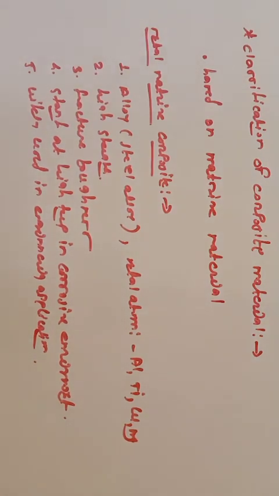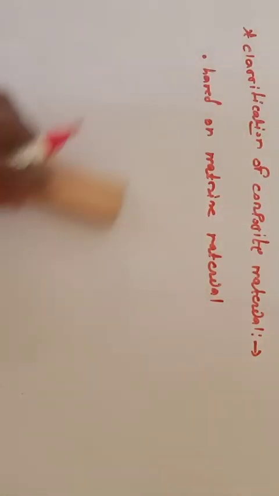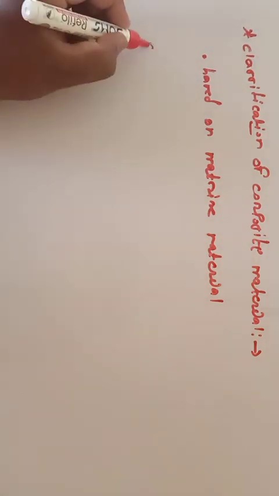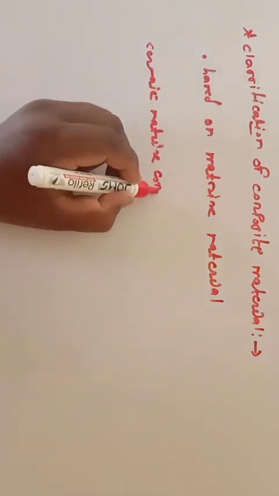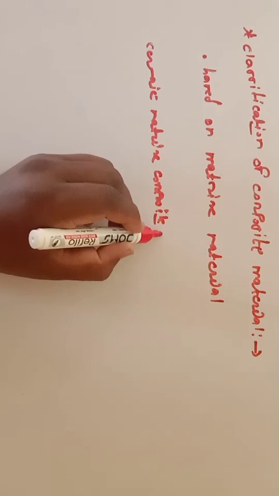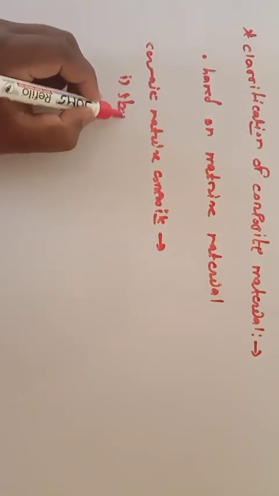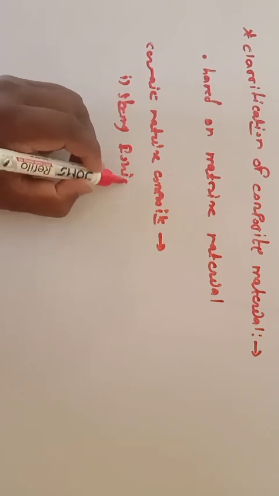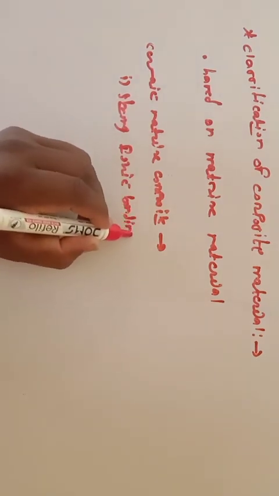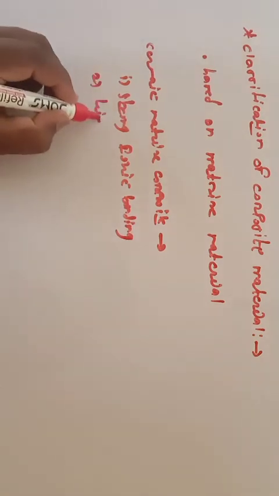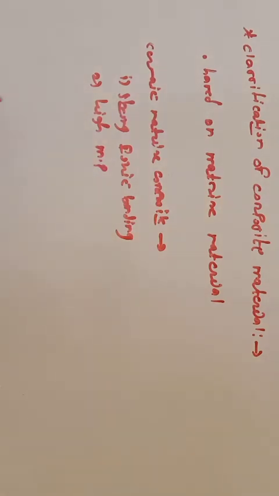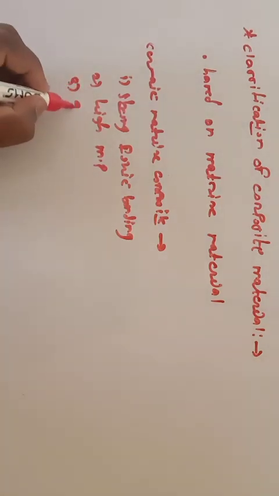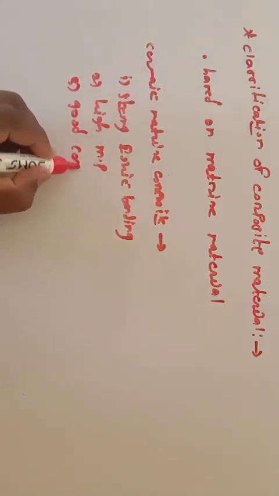Let's discuss the next one, that is ceramic matrix composite. This ceramic matrix composite has strong ionic bonding. Second, high melting point. Third, good corrosion resistance property,